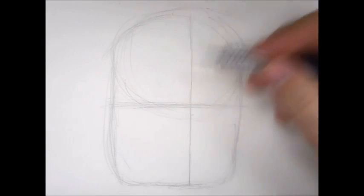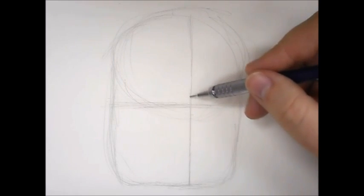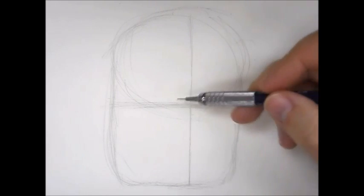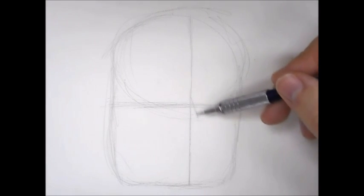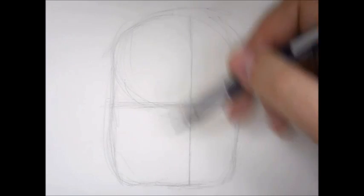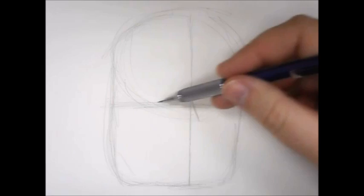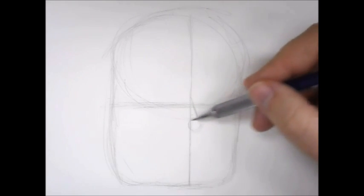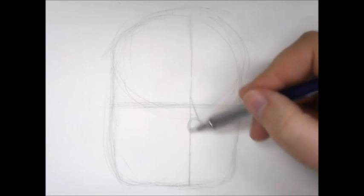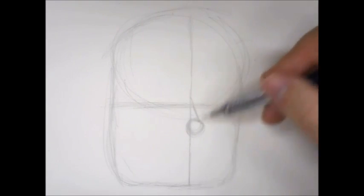So for his nose, as opposed to the other noses that we've drawn in the Avatar series, his nose is not going to be just basically a check mark shape. What we're actually going to do is draw the beginning part of the nose as angling downwards towards the bottom right, only a short space away from the eyeline here. Then I'm going to draw a circle here, a very light circle. It's going to look like we're going to give him like a Rudolph nose or a clown nose, but